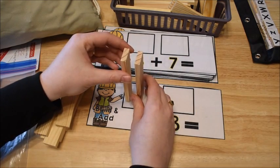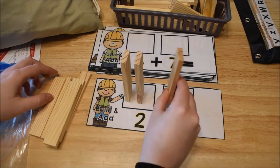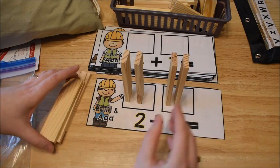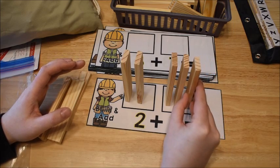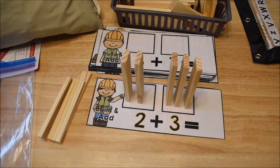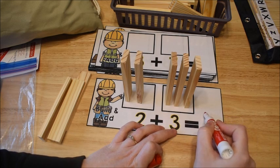So here's 2 plus 3, and you can have the kids stack them up. They have to balance them, and then they add. So now I have 2 plus 3. Look at that, they balance really well. 2 plus 3 equals 5, and then the last thing they're going to do is write 5 with the dry erase marker,